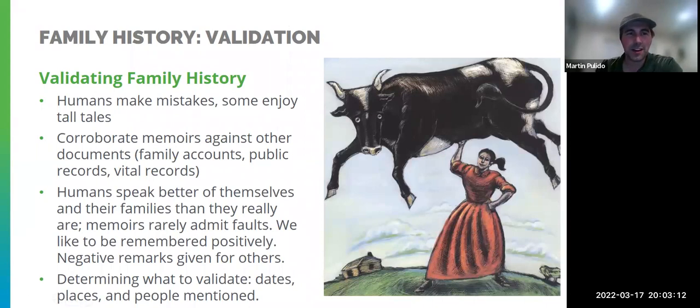I also recommend trying to get outside viewpoints. So humans like to talk really well about themselves. We never want the people that go after us, our descendants, to think that we were jerks, even though we all have our tendencies that aren't so great, right? We like to be remembered fondly. We don't want people thinking poorly of us. But that can skew our image of ourselves. So that's one fun thing about newspapers, and one fun thing about memoirs of neighbors and other people, is sometimes they'll help you have a more balanced view of what your ancestor was like.